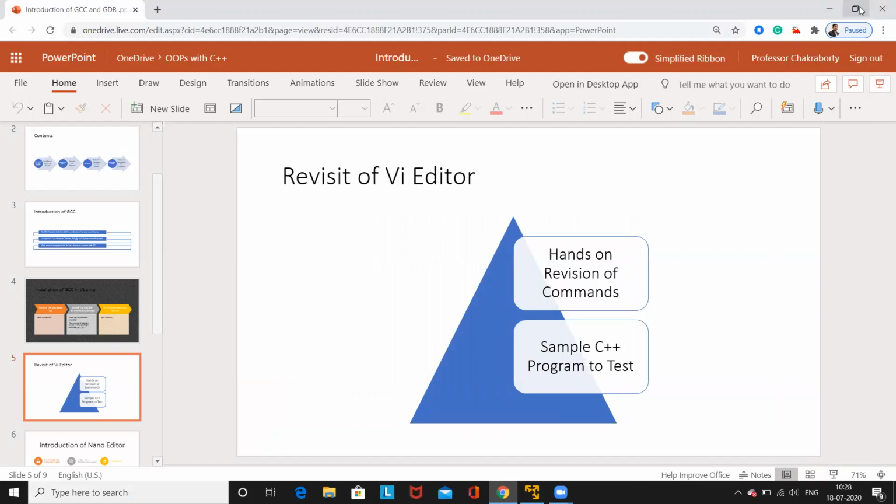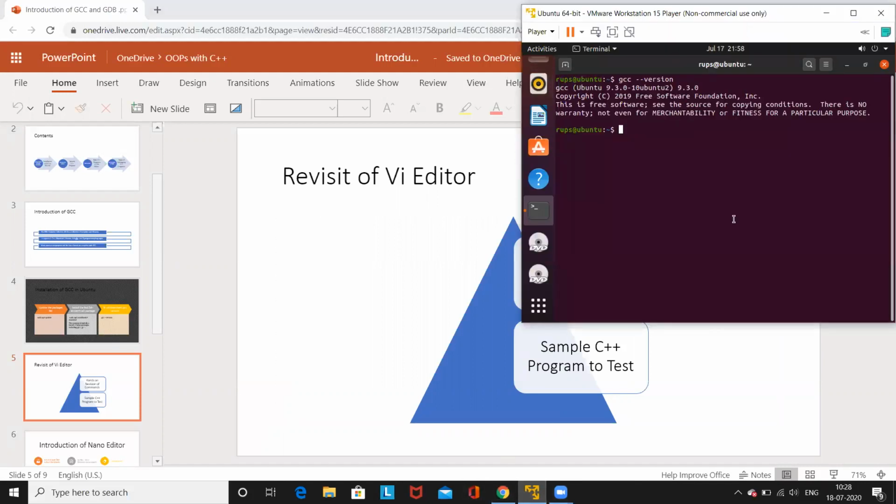So now I'm going here directly. I am in the terminal. I have already checked the gcc version, that indicates gcc is already there in our system. Now, first of all, the current working directory. I can change my directory. Suppose dir1 is the directory. In that dir1 directory I want to create a file using the vi editor. So vi first program .cpp, that means the first program .cpp file will get created, and we will move to the vi editor.